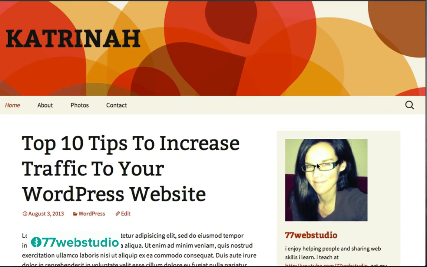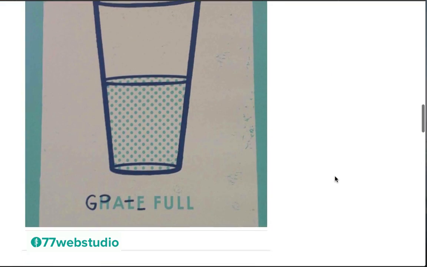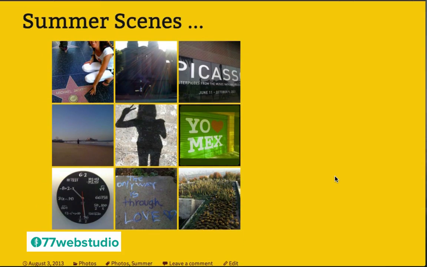So before I sign off, I want to give a quick shout out of thanks to the entire team at WordPress for all the awesome work put into creating this awesome new theme. I love this new theme, the 2013 theme that comes with WordPress 3.6. It's absolutely gorgeous, it's very colorful, and there's a lot of really awesome design elements that give this a really professional look. And for a free theme that comes out of the box with your WordPress installation, that is absolutely amazing. So thank you, WordPress, for this beautiful theme and for all the additional features that you've added to WordPress